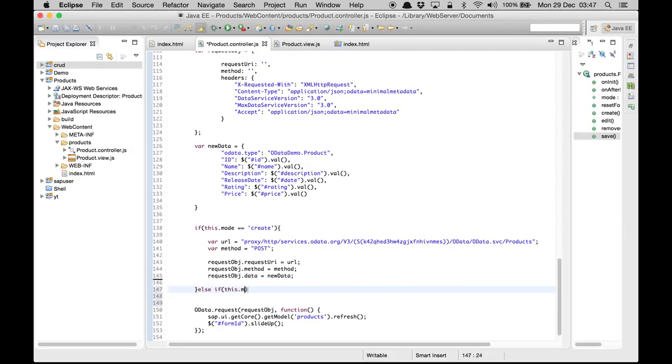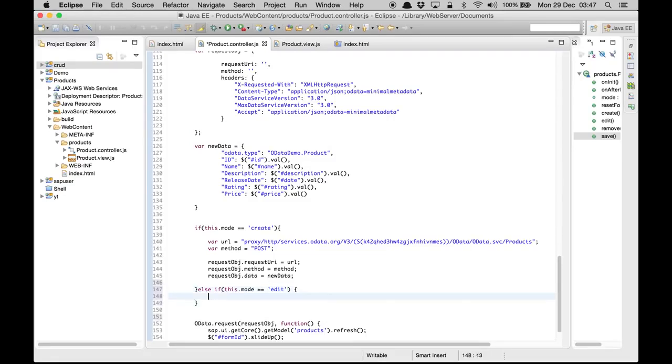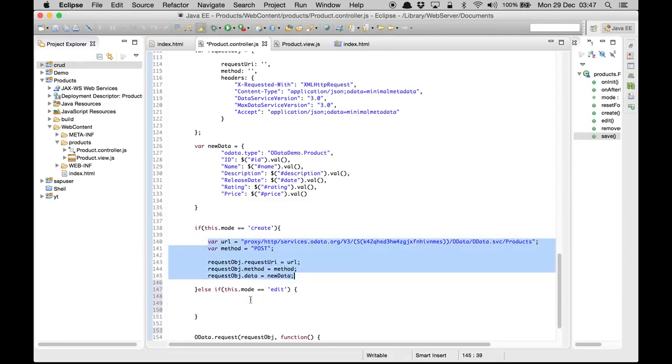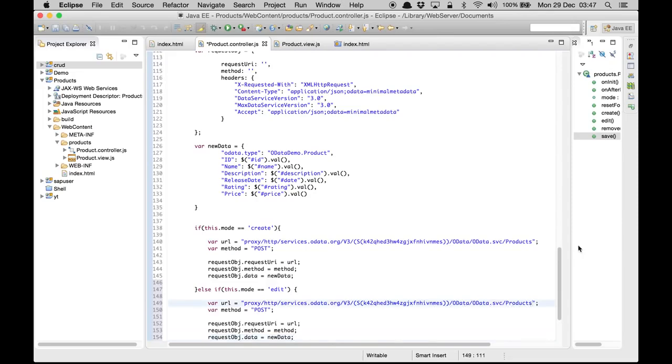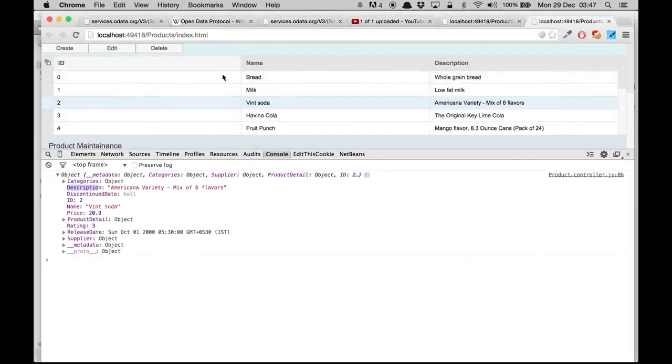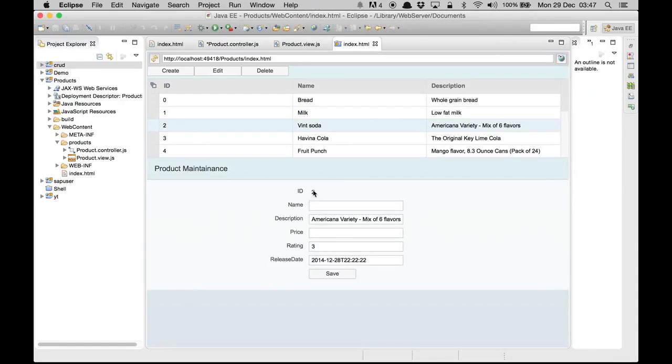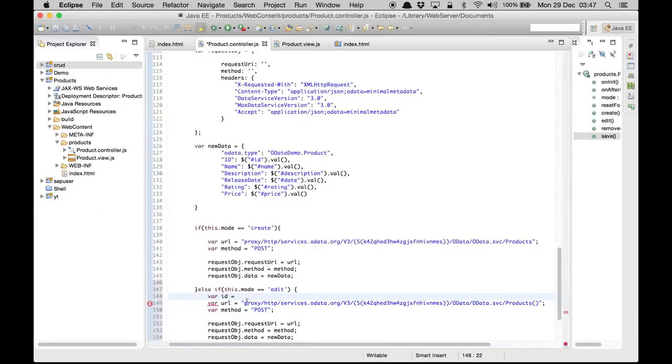If this.mode is equal to edit, then we are going to need this entire thing. In this case, the URL is going to contain the index, and we can get the index. Basically we need the ID. This is the ID that we need, so we can get that ID easily by writing hash ID dot value. This is going to give me the ID,